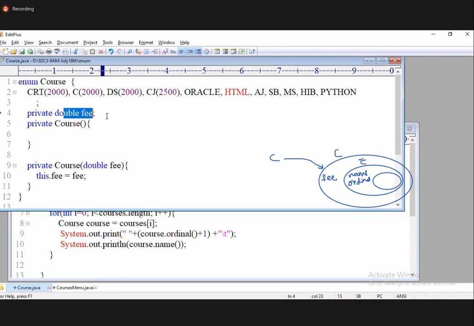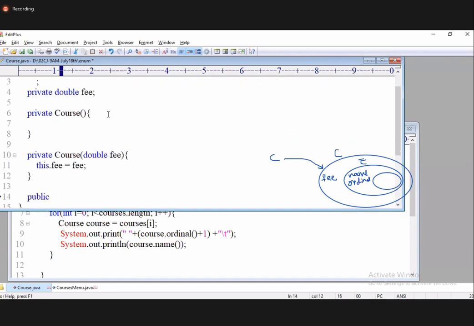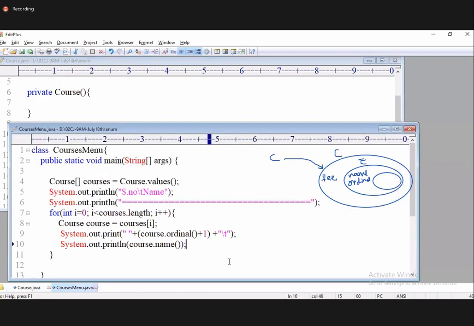Now I want to read this fee from the main method. For that you need to write public, return type is double, method name is getFee, open bracket, closed bracket. Now what do you write now? Return fee, save it. And now here I should write